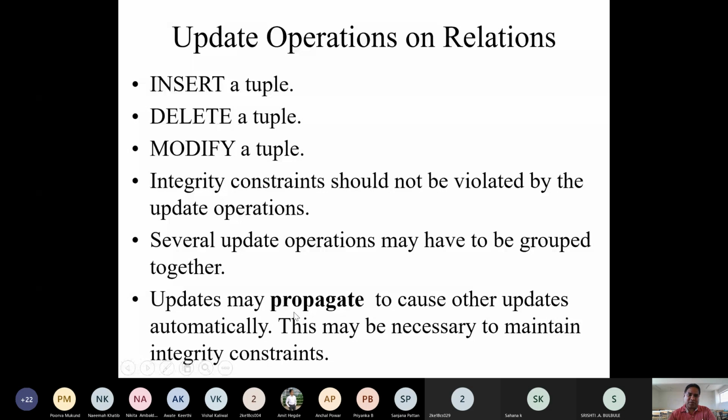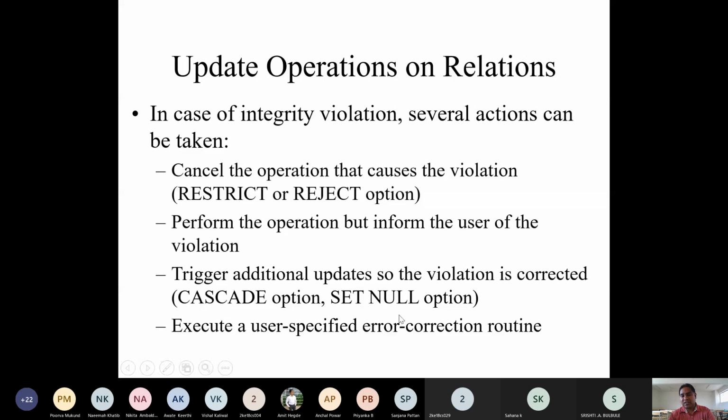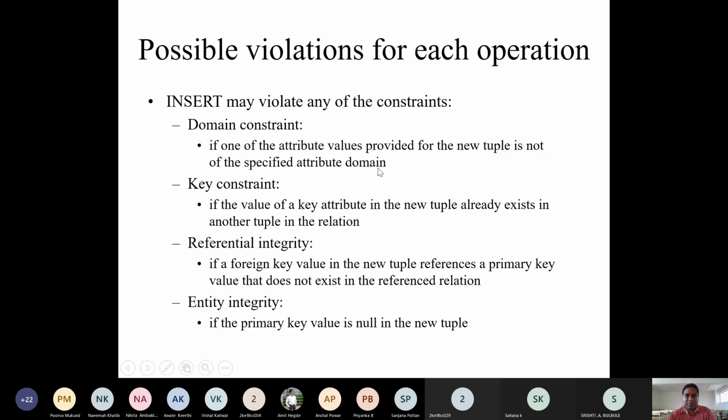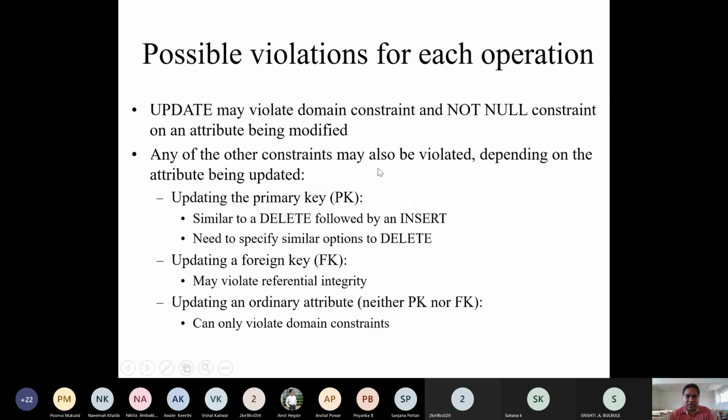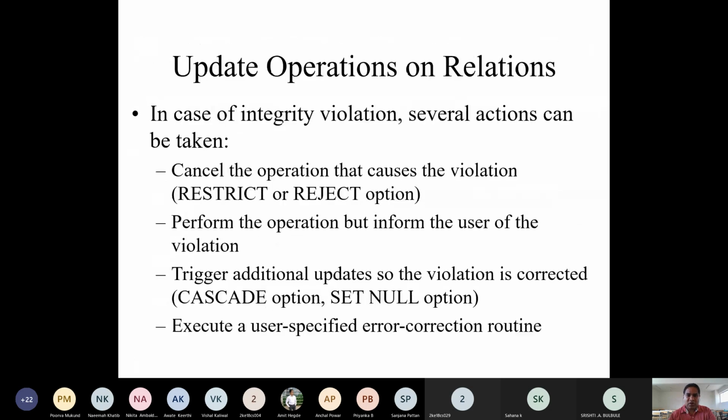Let us observe how we can perform the operations. First is update operations, then what are the possible violations? Now in case of integrity violations, several actions can be taken. One is to cancel the operation that causes the violation.